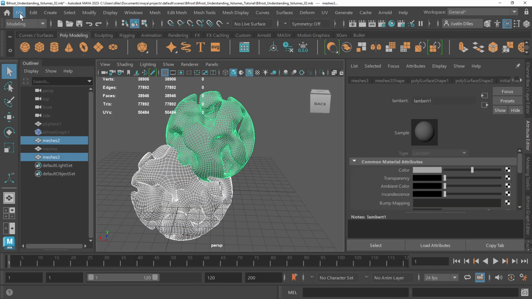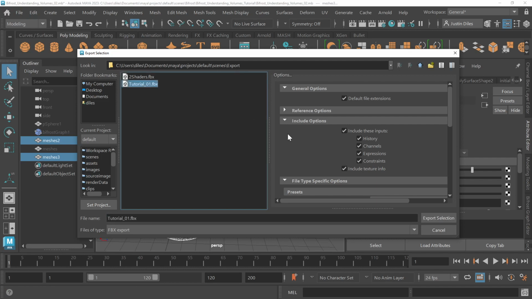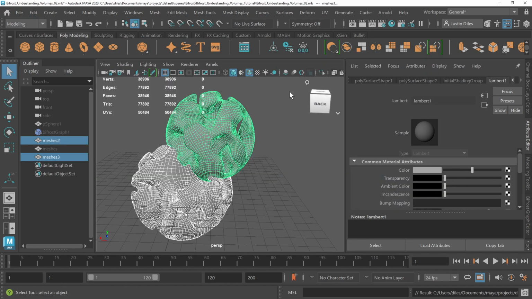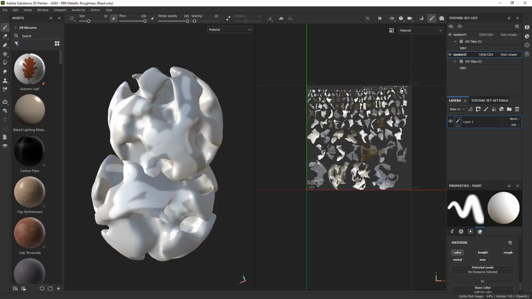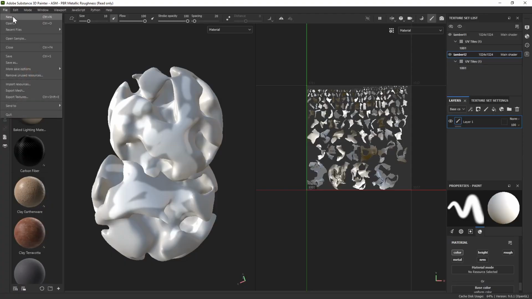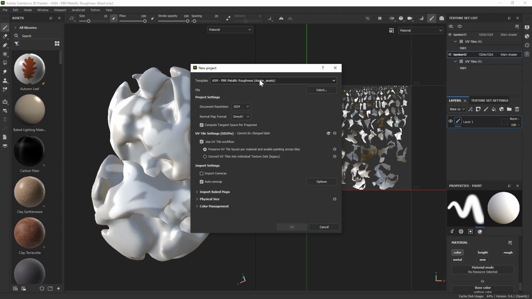Okay, now let's export these files. Export selection, tutorial 1, export selection. Okay, great. Go back to Painter. Do this one more time. File, new. That's fine. Make sure we're up to 2048. Select